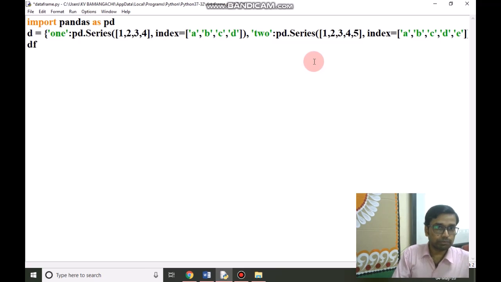I am giving a name to the data frame, df equal to, now the object of pandas, pd dot DataFrame, and the argument is dictionary D. Now print the data frame here. Run this program, you will find